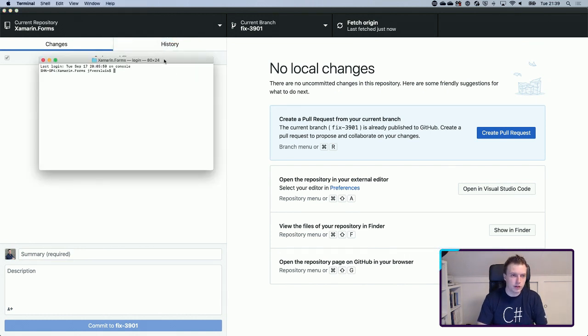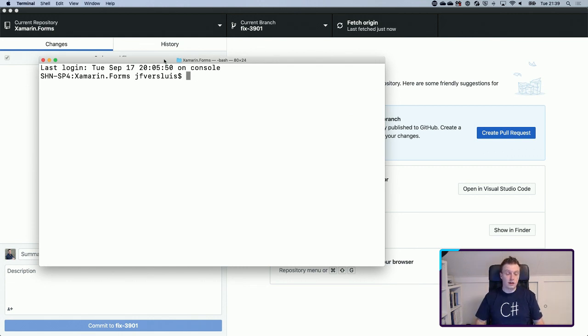So basically what happens when you do a rebase is you take the history from the branch that you want to rebase on. In this case that will be master, and you take the full history of that, so all the changes, and you take the commits from the branch that you're working on now, and it replays those changes from the commits on the history of what's currently in the master branch. So what that basically does is try to put your changes on the latest changes in the master in this case. That probably will give us some conflicts or that kind of stuff, but it is a very important thing to do. It can be a little bit scary